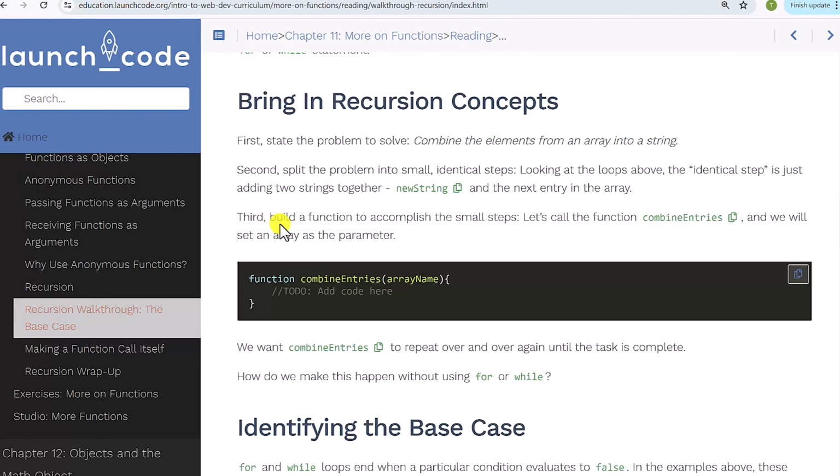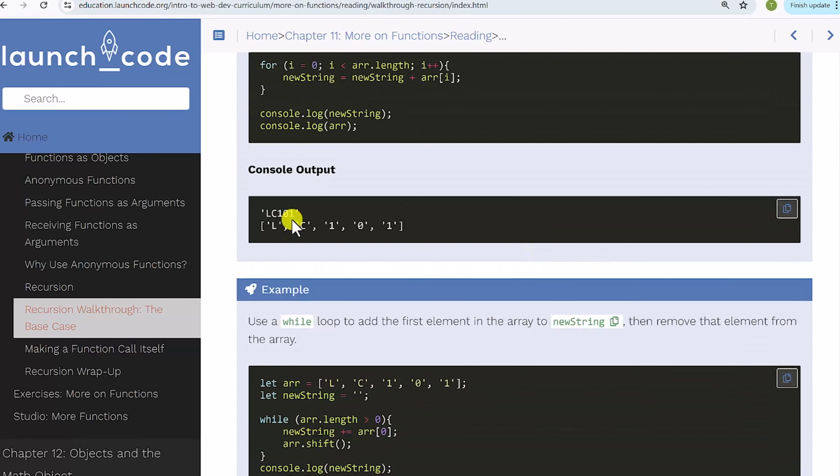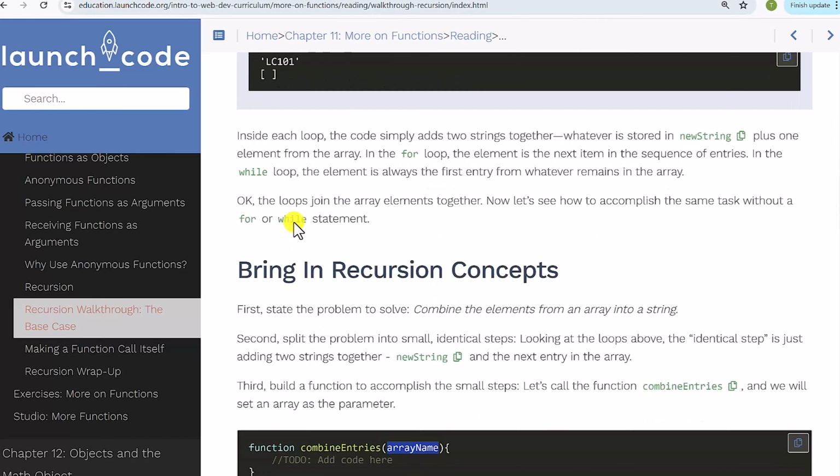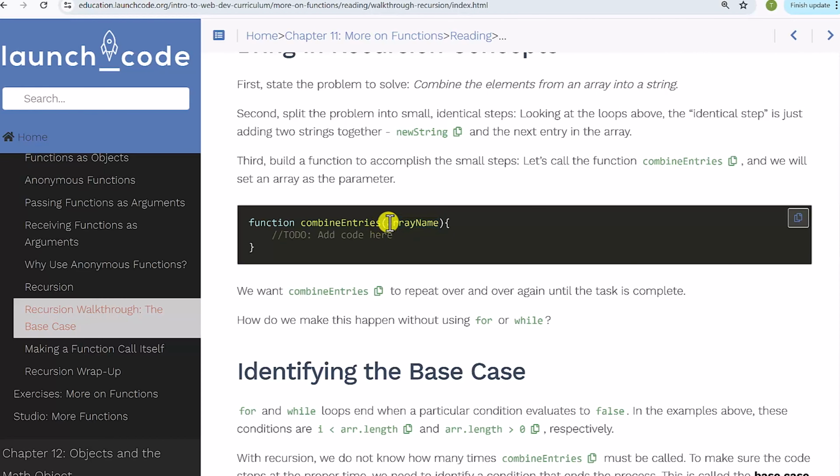Third, build a function to accomplish the small steps. Let's call the function combine entries, and we will set an array as the parameter. So now we have a function. We know that this is being defined, and this is the actual array name that we're using that we've created up here. So this array name is here the parameter, so we can use this as a variable inside of our function body. Now we want